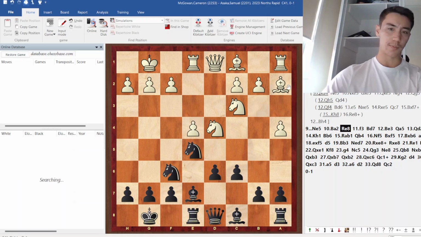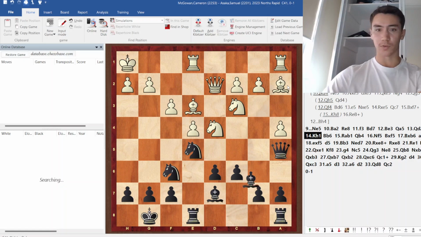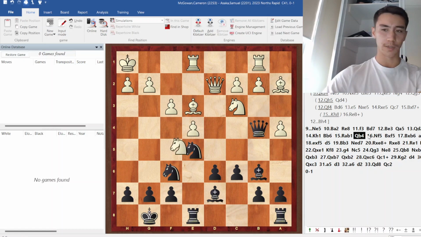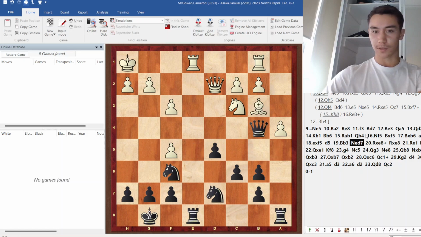I'm not going to get too into depth in this, but basically what happened was I played Queen a5. I end up executing this really cool maneuver, bringing my bishop around. He tries to play b4, trap my queen, no bueno. And I end up gaining a really good position out of seemingly nowhere,